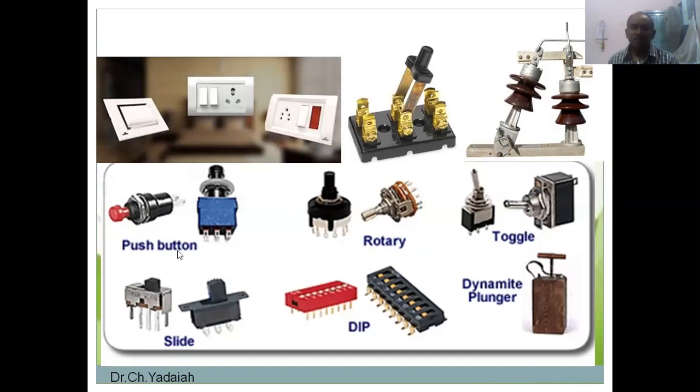Now this is the push button switch. You can observe push button switches in our refrigerators. When the refrigerator door is open, the bulb automatically turns on; when it's closed, the bulb goes off. That means a push button is used in refrigerators. And the rotary switch, for example in a radio, the volume control uses a rotary switch. In case of the toggle, it is for on-off purposes. And this is a slide switch, which you can see on some small electronic boards.